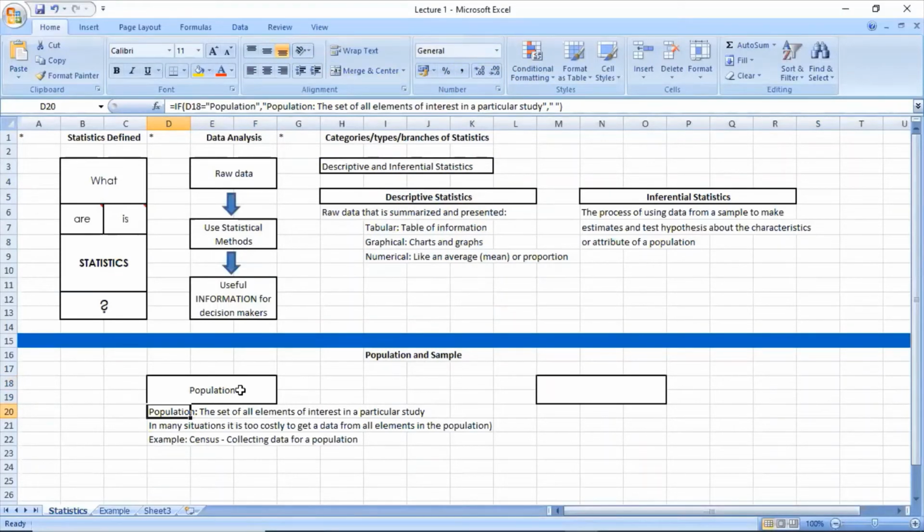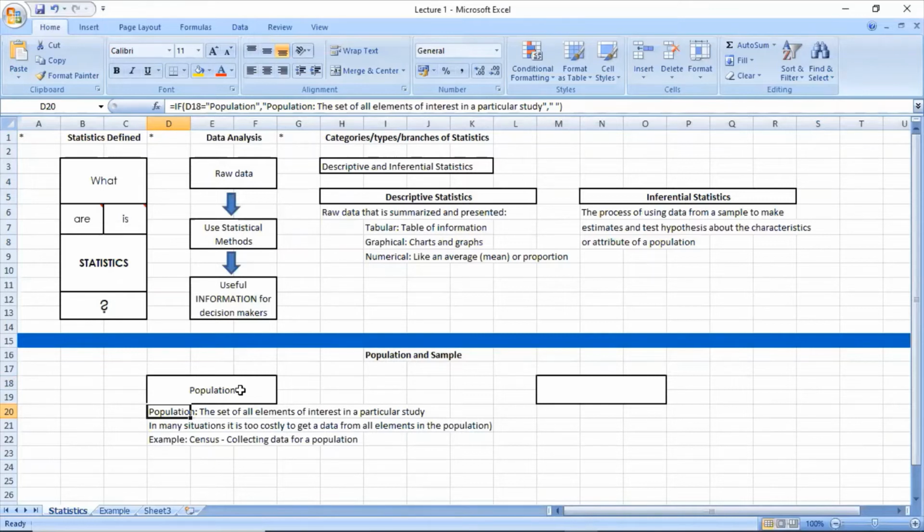Population is the set of all elements of interest in a particular study. In many situations, it is too costly to get data from all elements in the population. Okay, when you say population, this is the totality of the subjects of your, let's say, research. Let's say the population of the Philippines. Is it 101 million Filipinos, as said by Catriona Gray? Yes, if your subject is all of the individuals here in the Philippines, you must be subjecting 101 million Filipinos